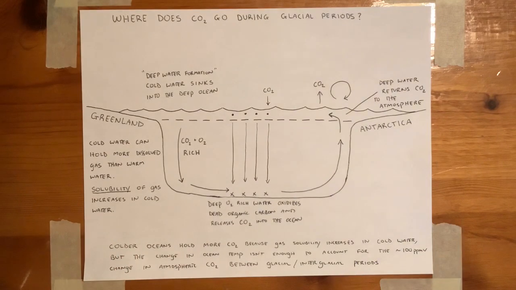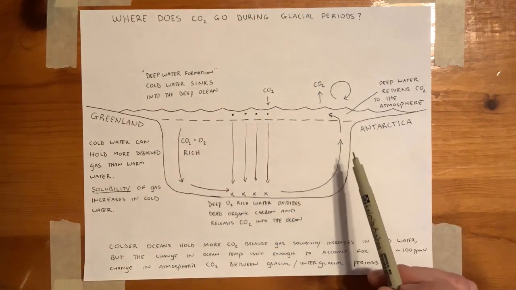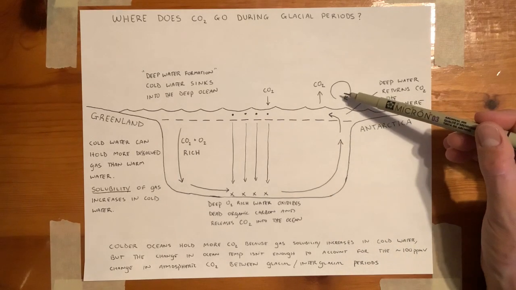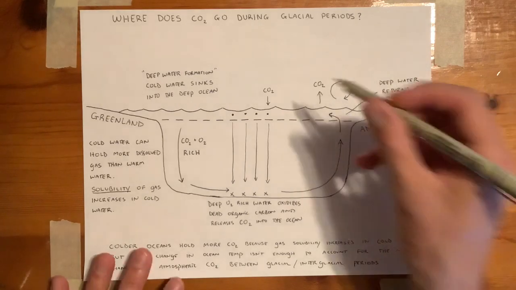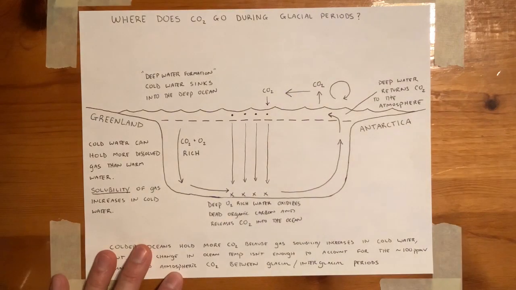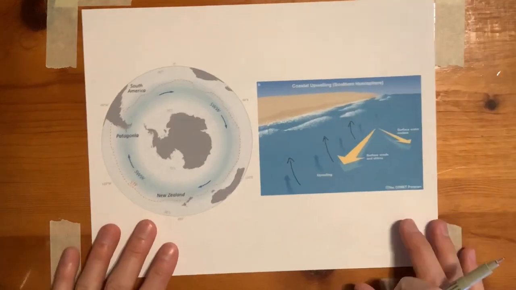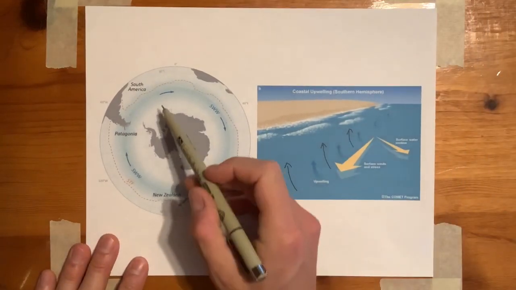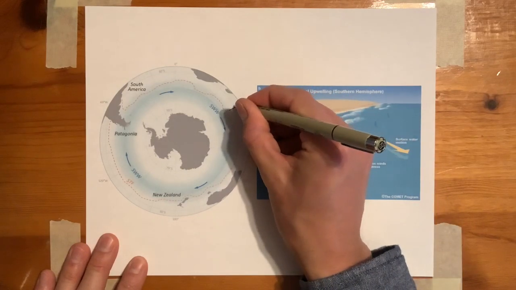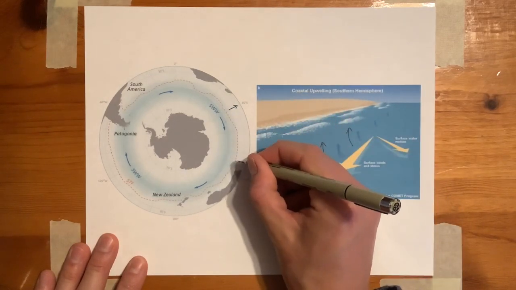Okay, so how does this process explain where CO2 goes during glacial periods? Well, during glacial periods, this wind pattern that is whipping around Antarctica gets moved further to the north. And so let's look at what that means back on this map here. So if this wind pattern that's circling Antarctica gets pushed a little bit further to the north, in all directions,